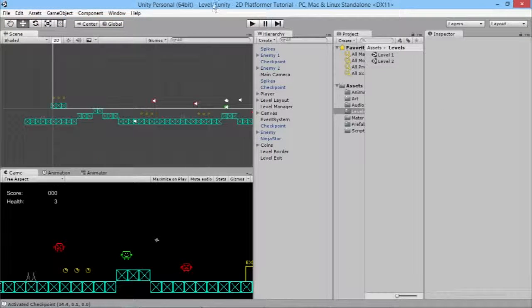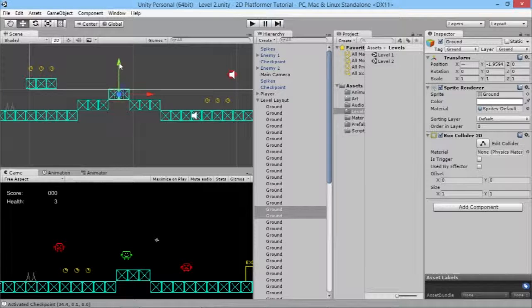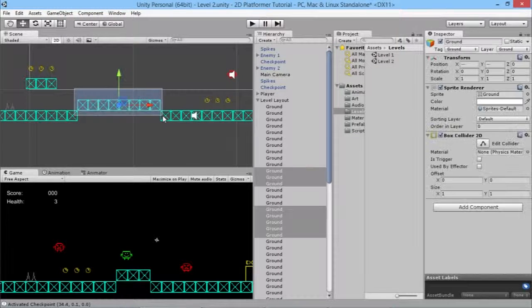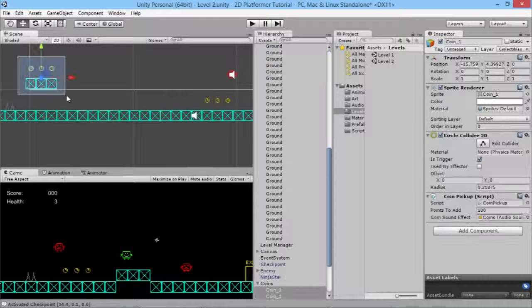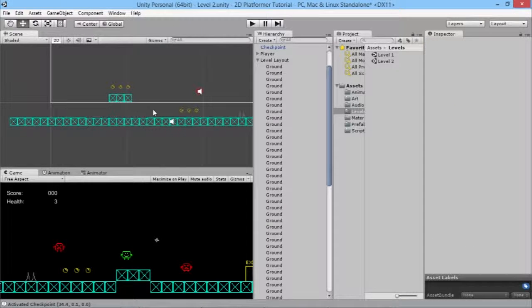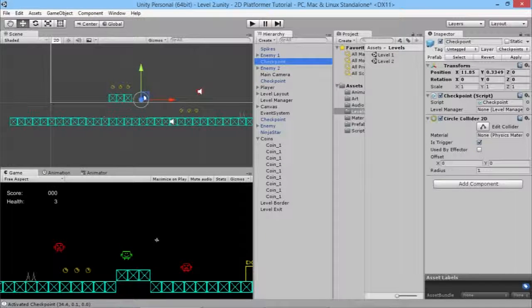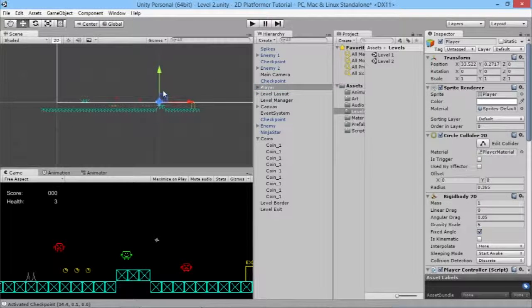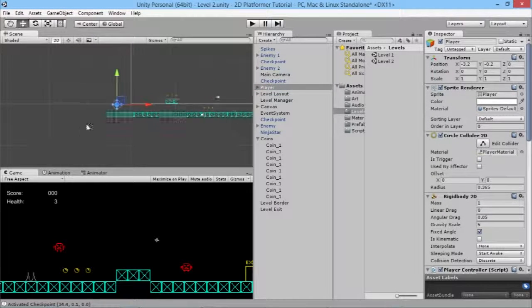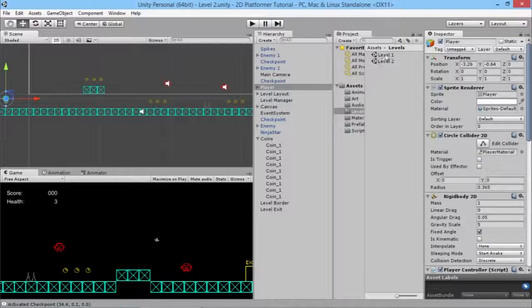Perfect. So now we're in level 2, and we've got level 2 and level 1 over here, and we want to make level 2 slightly different. So for example, to make it stand out a bit, we'll drag these down here and drag this over here, and we'll just get rid of this spike altogether. Is there a checkpoint here as well, isn't there? There we are, checkpoints, there we go. We'll move this just down to here, say. And we also want our player to start back at the start of the level here. Perfect, so now we've got an extra little bit of level here. So we'll just save that and we'll go back to level 1,